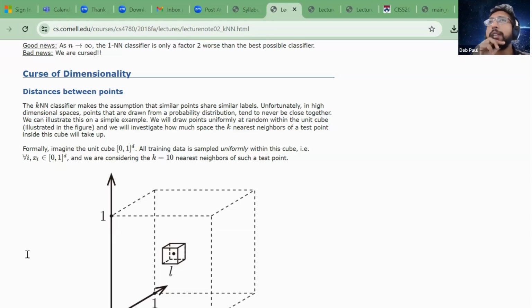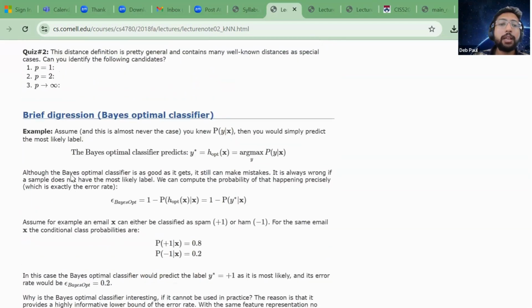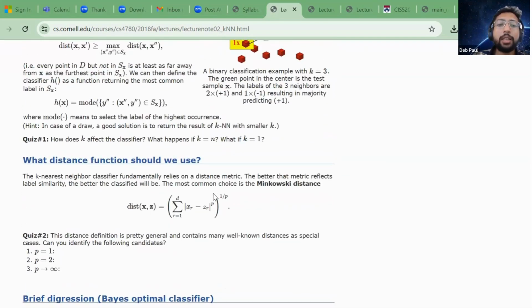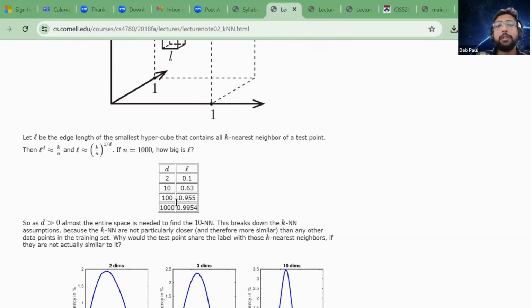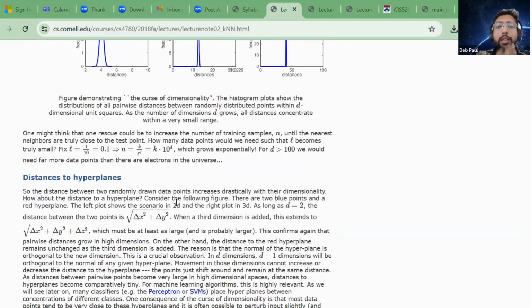So why does the curse of dimensionality happen? It happens because of a simple thing: if you look at the formulation of this distance function, you'll realize that this is the reason why the curse of dimensionality happens. It is a fundamental principle of why it would happen, and there's no way to avoid it, other than reducing the number of dimensions. So let's look at this, right?